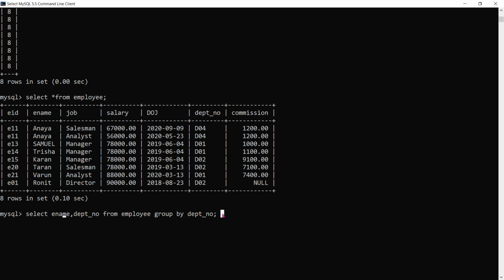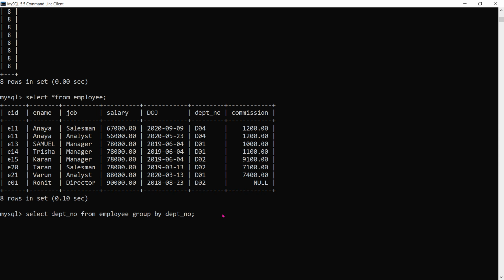So if we are using columns which are being grouped, then along with that we will take the columns which logically can give a proper result.